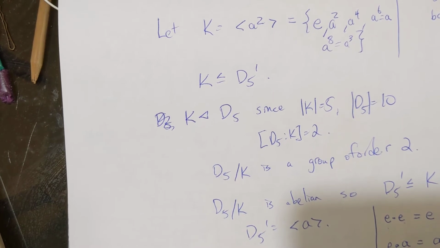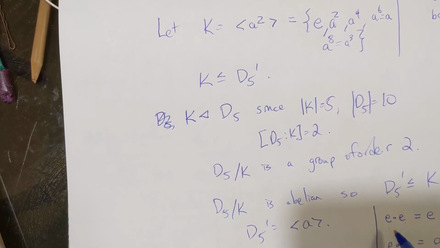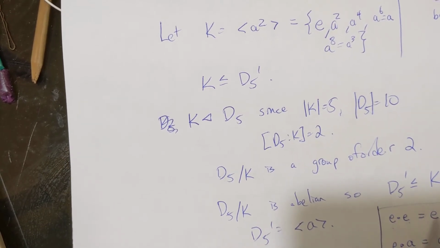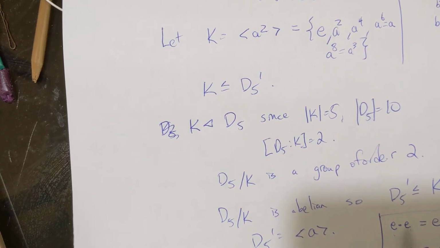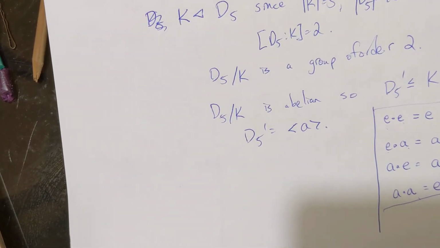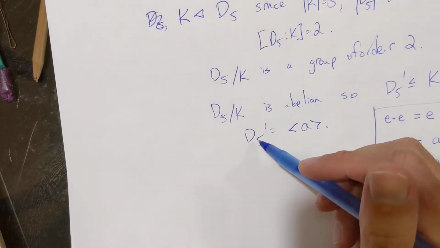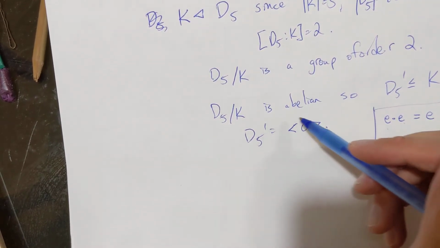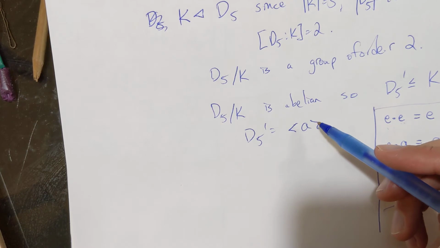So E times A is A times E is A, and A times A is A times A. So the order of multiplication doesn't matter. We have an abelian group. That's maybe too much detail there. Anyway, we've shown that the commutator of D5 is the subgroup generated by A,